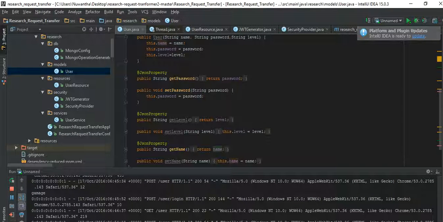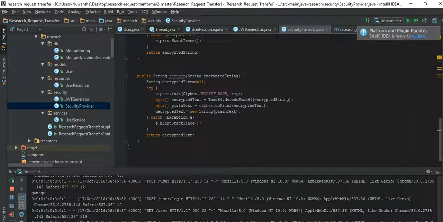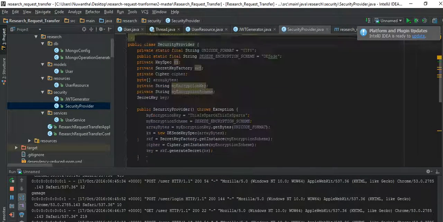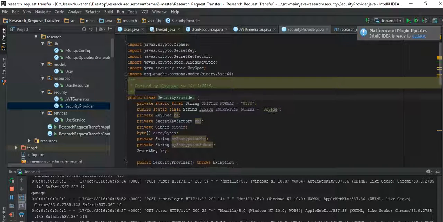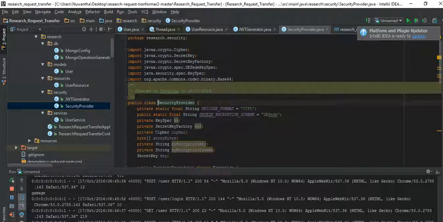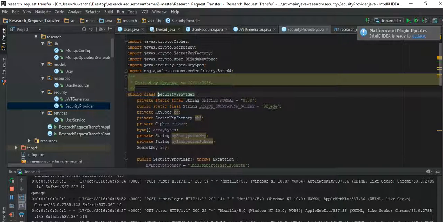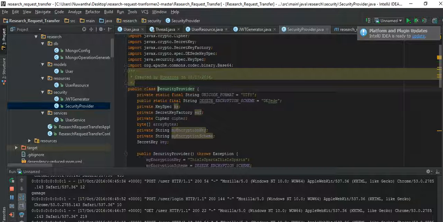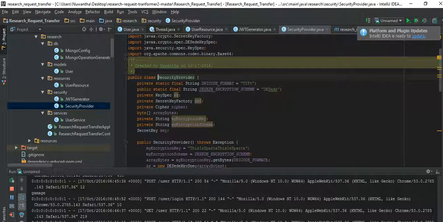To encrypt the password I use a JavaScript package that provides good security features, and to encrypt the password we need to give a key. Without that key we can't decrypt the password, so I use some key, encrypt the password, and